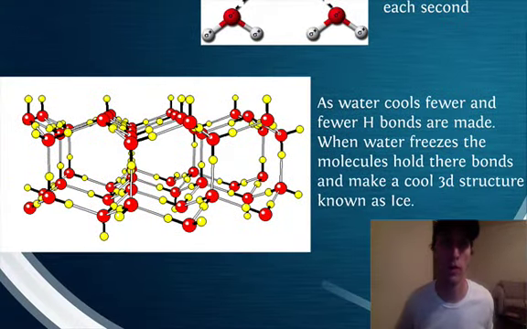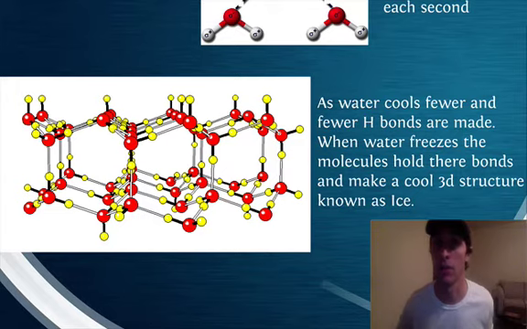When you cool water down, actually the exact opposite happens. You make fewer and fewer bonds until basically the water molecules themselves are holding still, just kind of jiggling in place. But they still maintain these bonds with each other. As you can see in this picture, it creates this cool 3D lattice structure, a crystal, and there's this big space in the middle of these bonds. Now what this sets up is